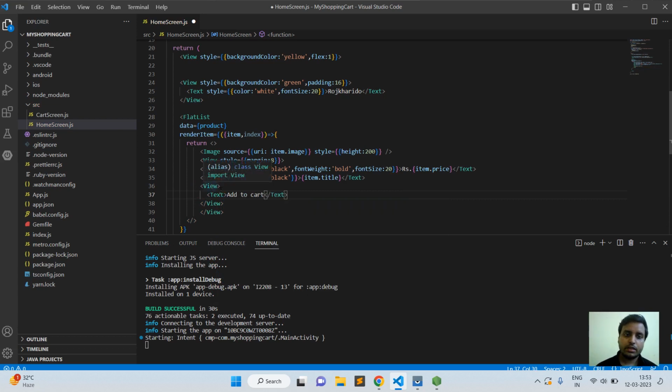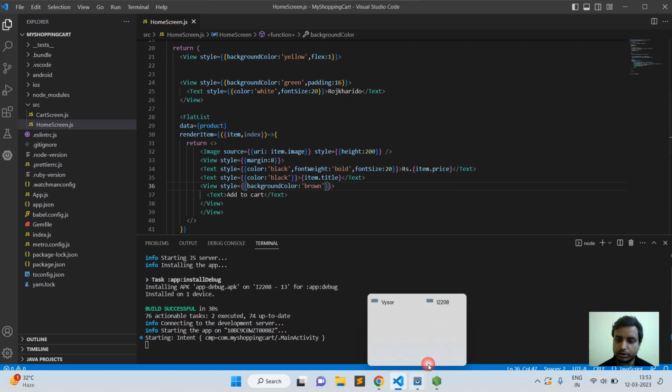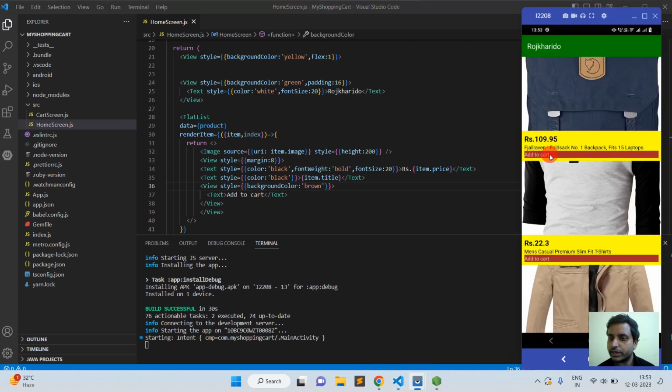Okay, and the button will be the style. Button color will be brown. So now I'm going to check. So you can see one add to cart button is added, but